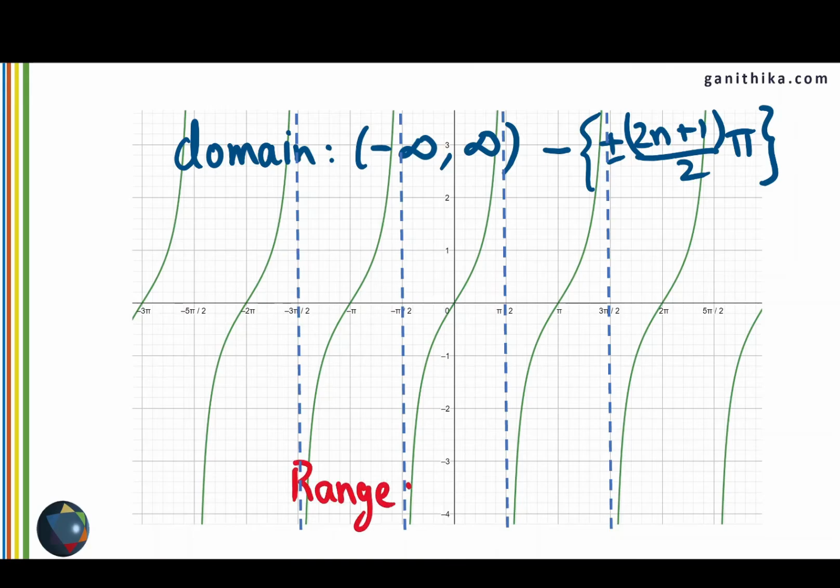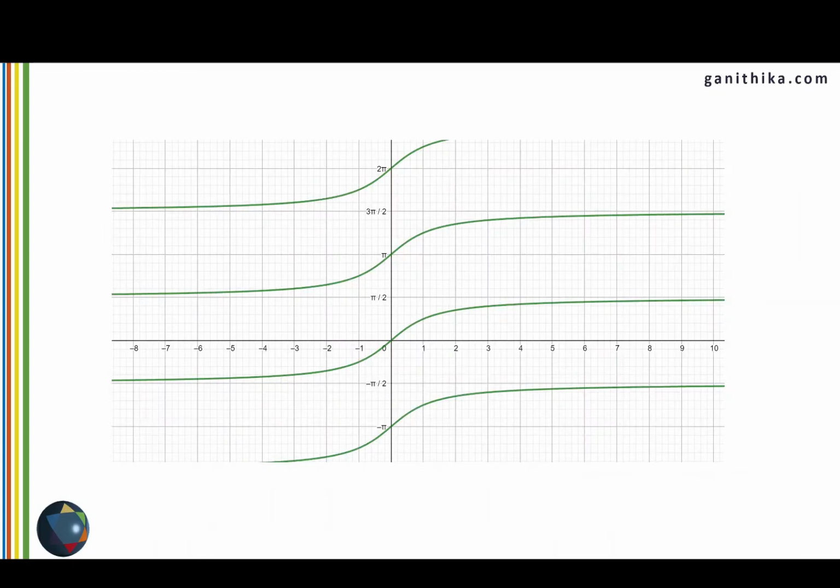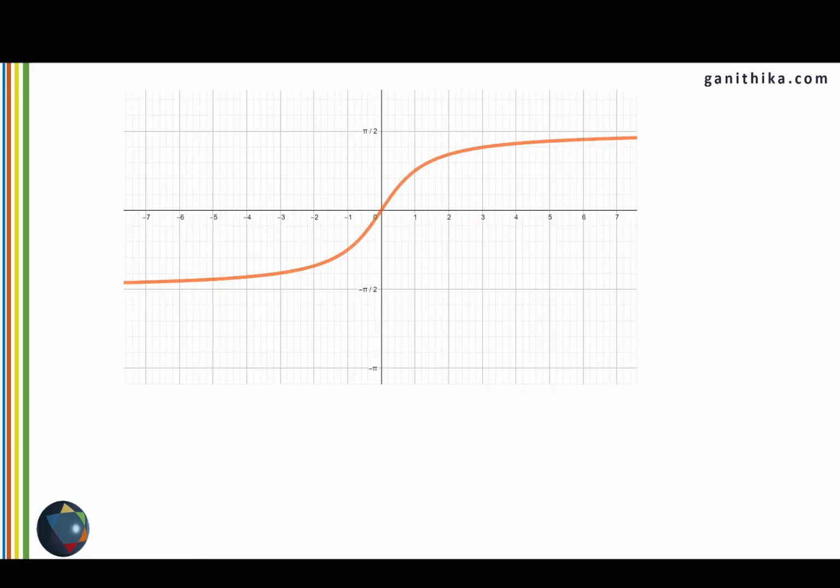And the range is all real numbers. Graphing the inverse of this, we will get a graph like this, and you can clearly see that this fails the vertical line test. Therefore, we will restrict the domain from negative pi over 2 to pi over 2, and you can notice that at negative pi over 2 there is a horizontal asymptote, and at pi over 2 again there is a horizontal asymptote. Therefore, the graph of tan inverse of x looks like this between negative pi over 2 to pi over 2,